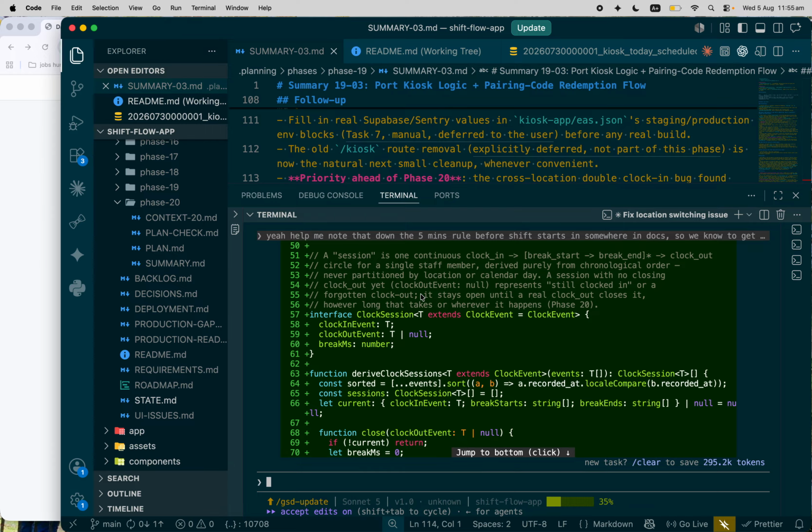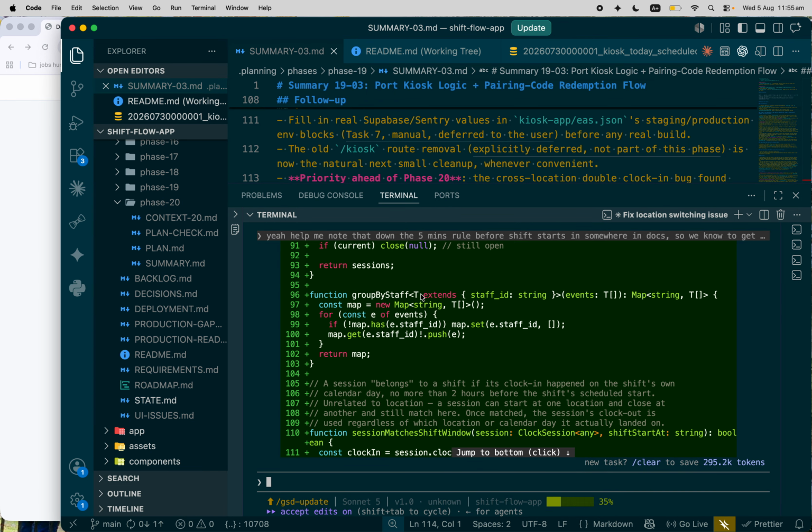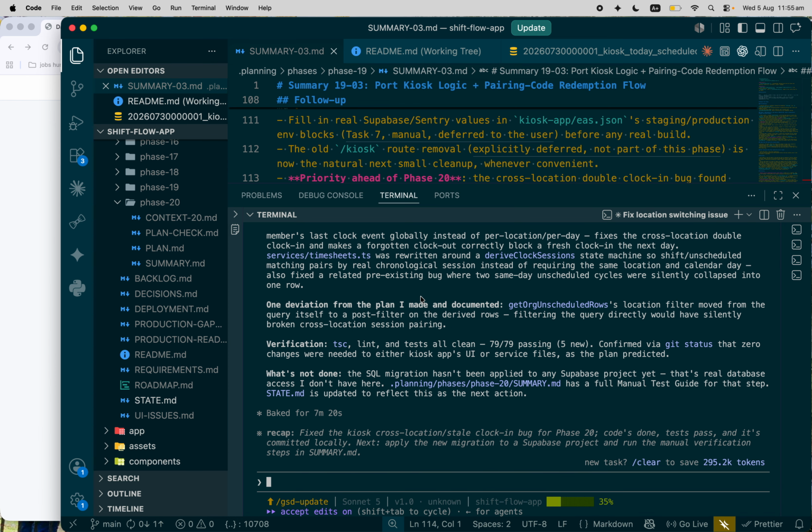discuss with this about, before planning, we had a discussion on how the standalone app should work. For example, when the staff forgot to log out, I wanted the shift to keep going because that makes it simple. There's so many situations when staff have to go from location A to location B because location B is kind of short of staff, right? So the boss asks them to come and help, and they come and help, and then